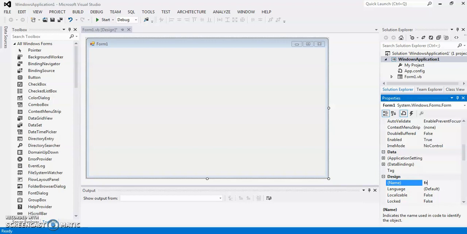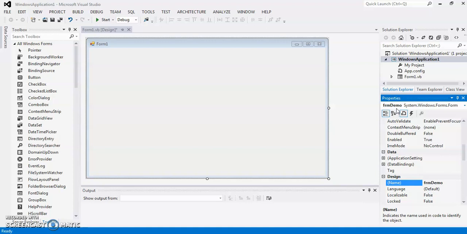Say I am writing FRM for form, and you can write any name according to the purpose of your form. Say I am just typing display, or I can write demo because it is a demonstration. So I am changing the name, and then you press enter.